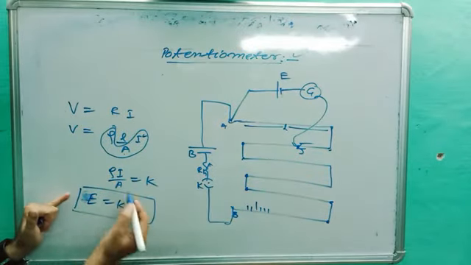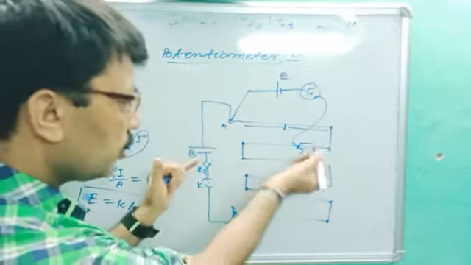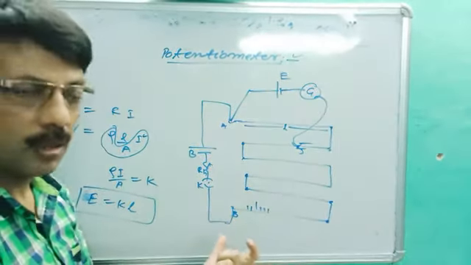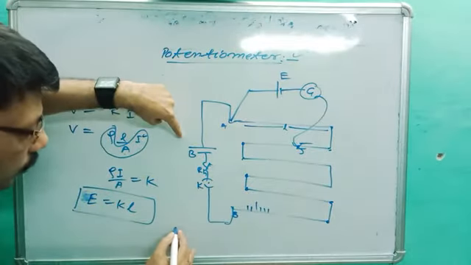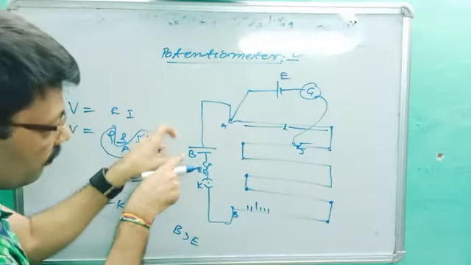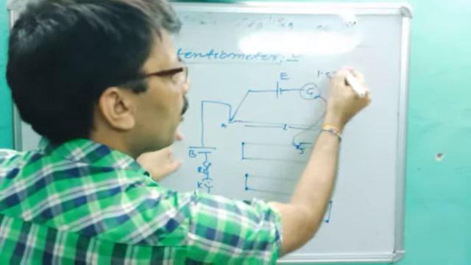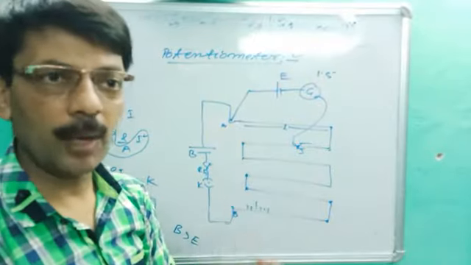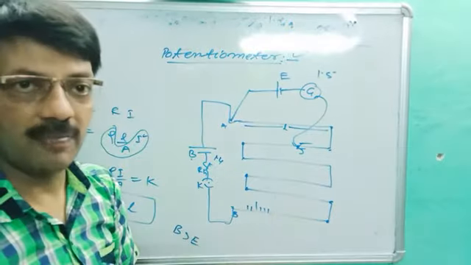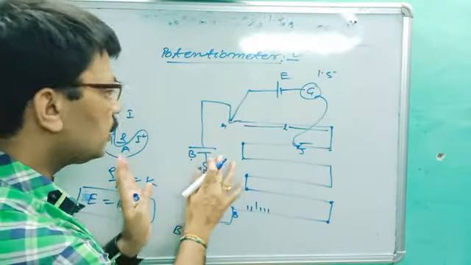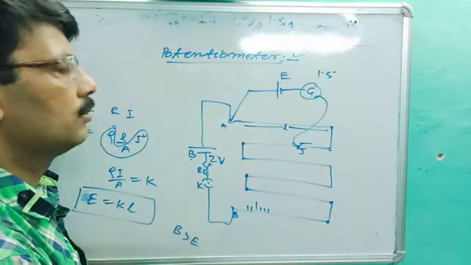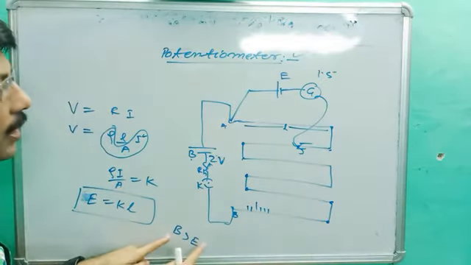E equal to KL, and you should know that when length changes, EMF will change. If you are getting null deflection farther along, its EMF is more. And for the condition, the battery B should be greater than E. You will get the null deflection if and only if this holds. Let's suppose a cell has an EMF of 1.5 volt and you have applied a battery of 1.4 volt. It will never show null deflection. It will never become zero. So the battery voltage should be larger than 1.5 volt. Is it okay now? All the time B should be greater than E.